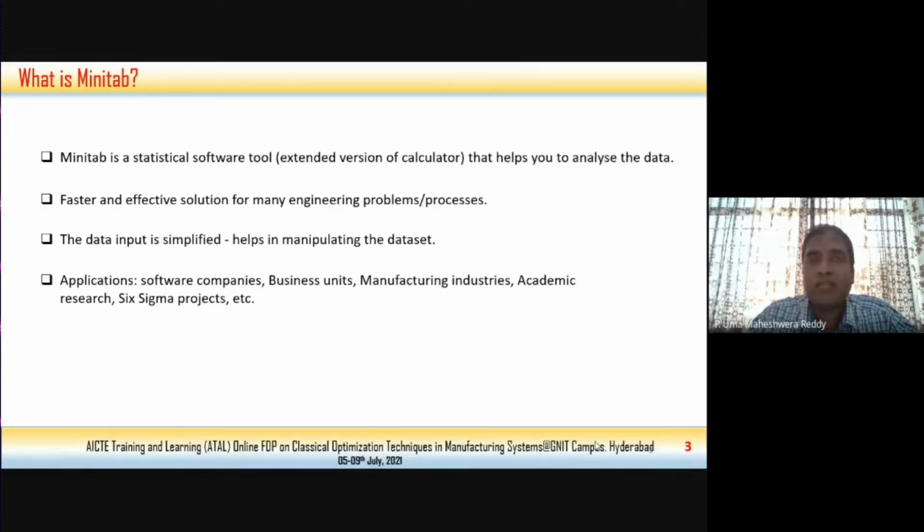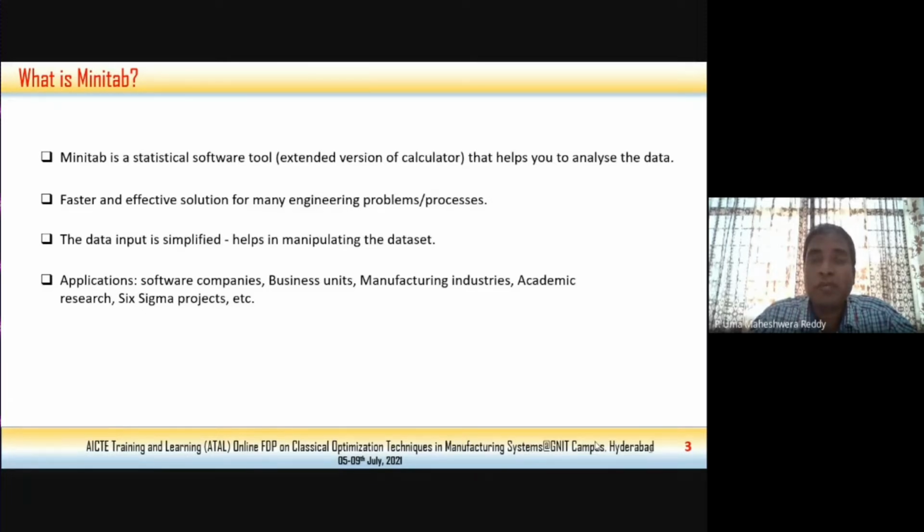There is a difference between Microsoft Excel and Minitab. You can ask one question: in what way is Minitab different from our regular Microsoft Excel spreadsheet? Microsoft Excel normally provides sorting of the data. You can highlight and summarize the data. Sometimes, for example, there is a chart, you need to have a trend, you need to have a histogram, or you may require something like a Pareto chart.